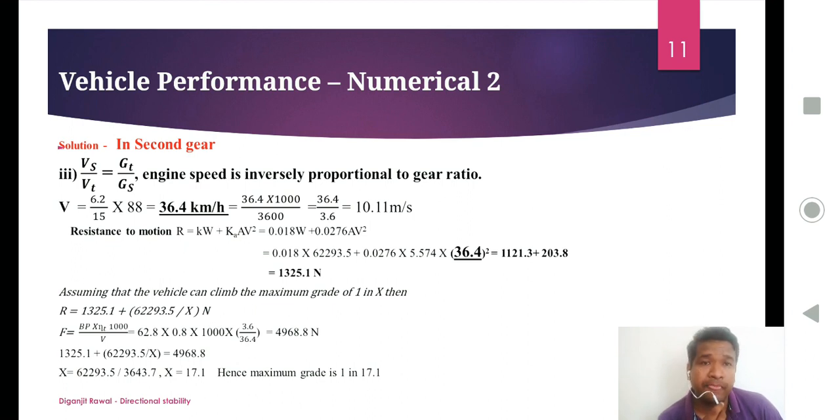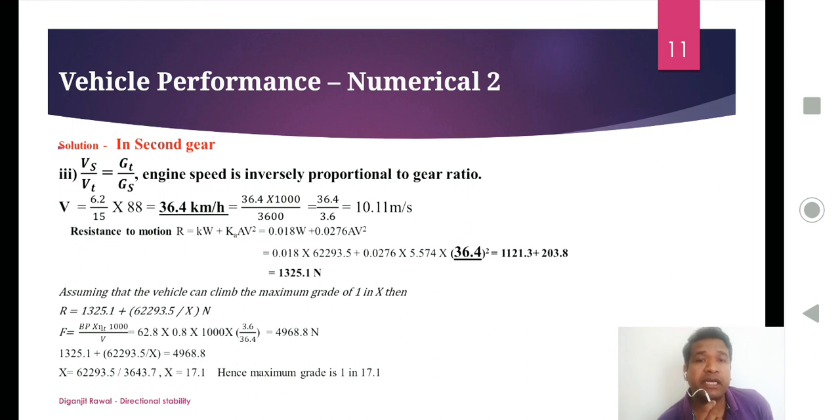1325.1 Newton. So we put the value of W, we put the value of A, we put the value of V in kilometer per hour, that is 36.4 kilometer per hour. So R becomes 1325.1 Newton. Assuming that the vehicle can climb the maximum grade of 1 in X, then the equation becomes R is equal to resistance to motion plus weight upon X, that is in Newton. So this is R is equal to 1325.1 plus